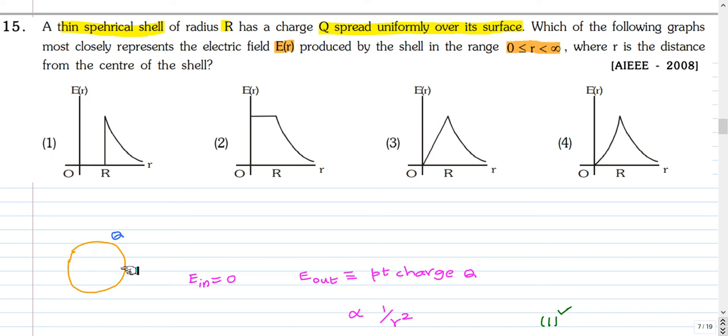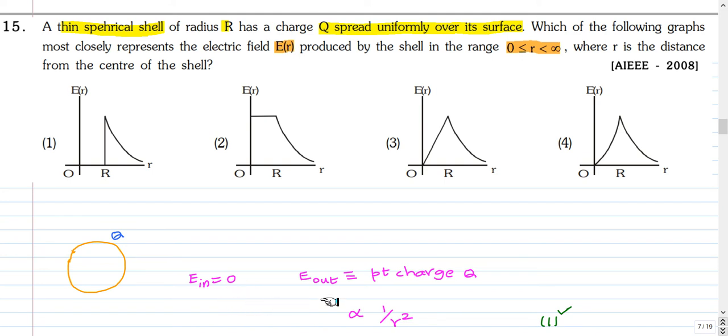So this is a thin spherical shell on which there is a charge q and it is uniformly spread. That's why it has spherical symmetry. The problem does not have any direction dependence. So in the spherically symmetric shell, the electric field inside is 0. This is a standard result which you can use here. This is obtained by taking a Gaussian surface inside. The Gaussian surface will be a spherical surface which is inside. Using Gauss's law, we can find that the electric field on that surface is 0. So the electric field at all the points inside the spherical shell will be 0.